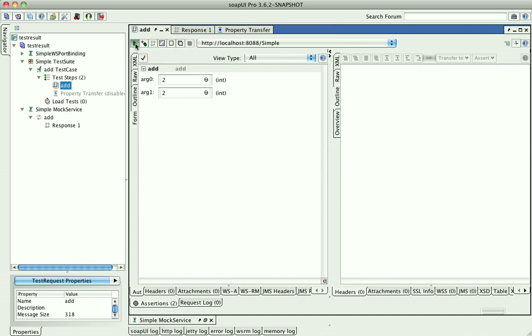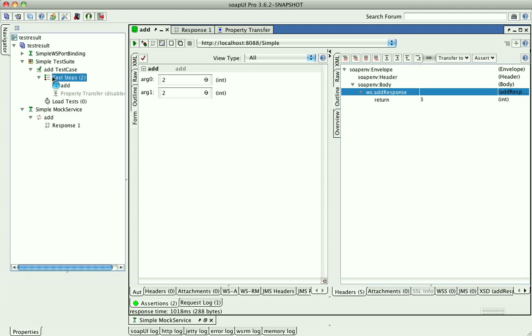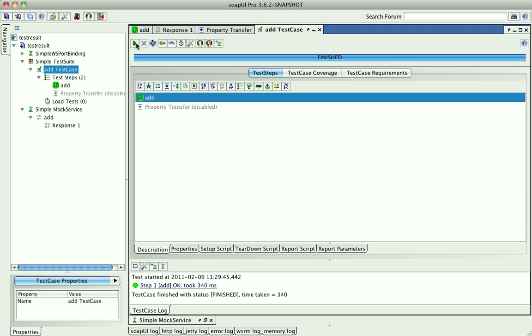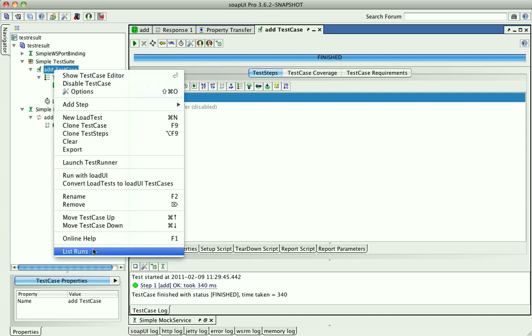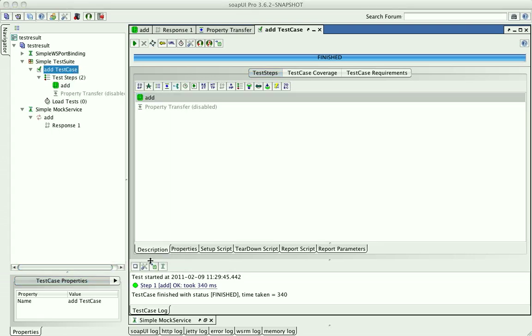And I can run the step and it runs, but I can run the whole test case better, and the test case runs fine. There is no reason to fail. And if I go down here to list runs, which is already an extension to soapUI, this menu, then a new window will pop up,